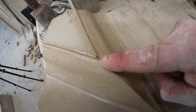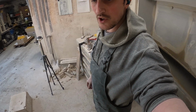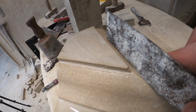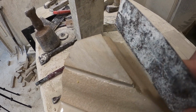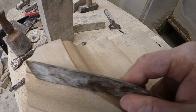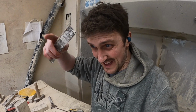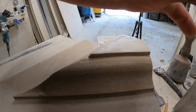Right, it's all good, other than I just pinged that off when I was rubbing it. And I was like, oh, shall I show them that I pinged it off? Shall I be honest about it, or shall I just cover it up? So, what I'm gonna do is I'm basically just gonna get this rasp, and I'm gonna apply pressure on the forward strokes, like that. And then I'm gonna do the same on the other side. And I'm essentially gonna bend it back to pull that corner back to the point where then I can just put a little chamfer on the end of it, and then you won't notice. So technically, I've pinged the corner off, but